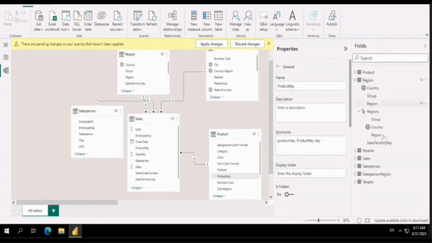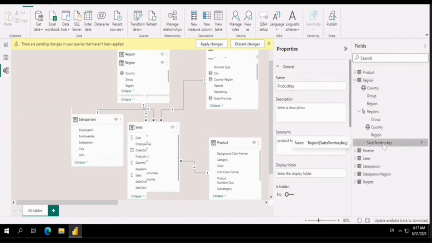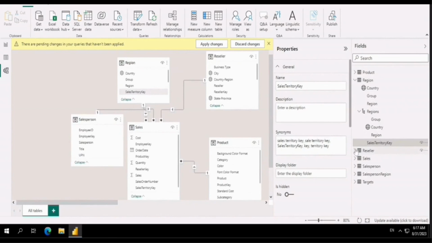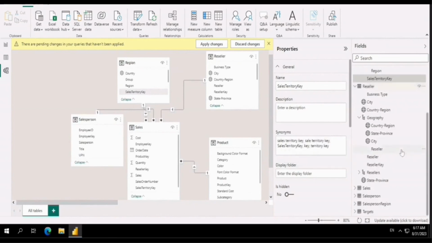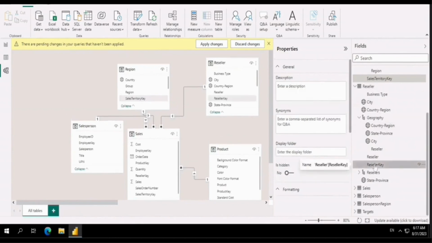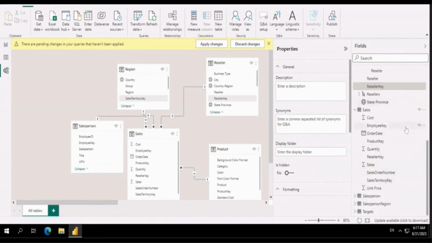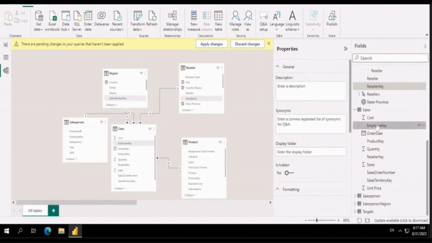In the region, we will select sales territory key, and then in the reseller we'll hold down control and select reseller key. Make sure both are selected, and the next one we will select, also by holding the control key, is the employee key in the sales table,